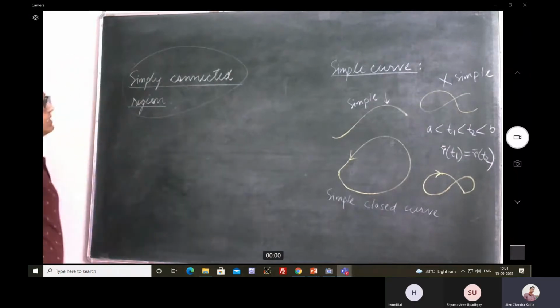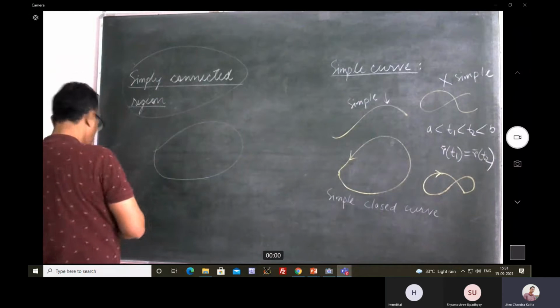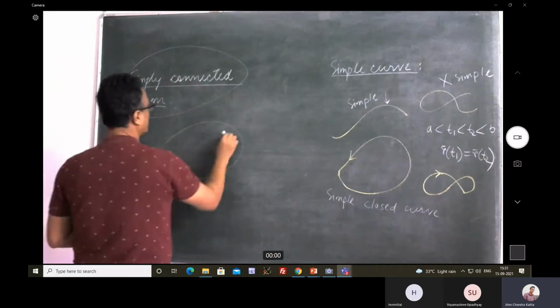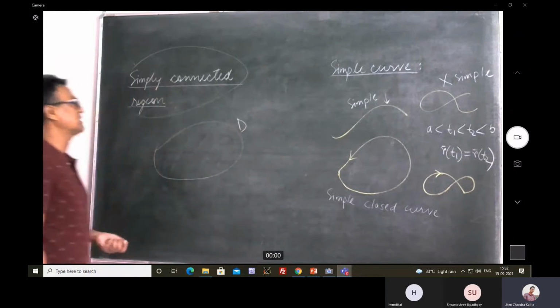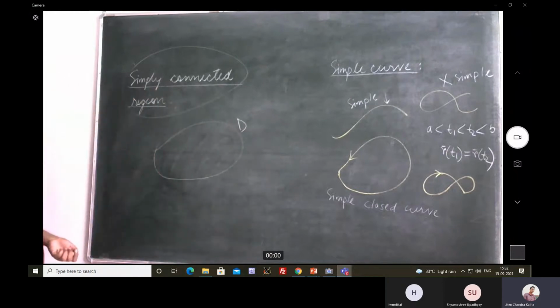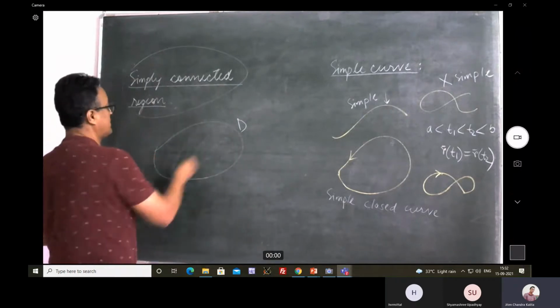So what is a simply connected region? Suppose we consider a region D. For the time being, let us assume that this is a two-dimensional region. Then, if I consider any simple closed curve here,